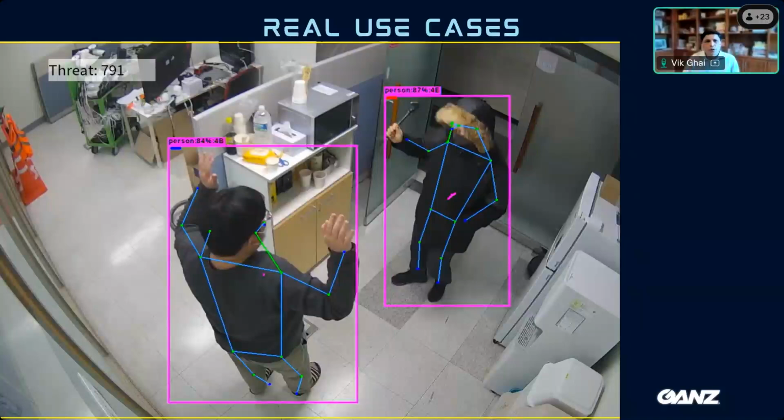But AI doesn't just stop at object detection. It analyzes the body language, movement patterns, and their interaction with others in the space. The system observed the armed individual is approaching an employee in a threatening manner. It's not just the presence of the weapon that triggers the alert, but the combination of factors: the weapon, the aggressive body language, the direct approach towards a specific person with their arms raised. Within milliseconds, the AI box processes this information, recognizes it as a severe threat, and escalates to the highest level of alert. And here's the beauty of it.